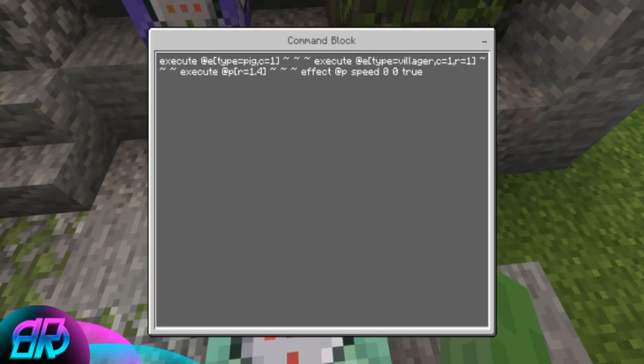Then the villager, if you want to name the villager quest or something like that, you can too, or farmer, whatever you want to do. But it's basically going to test for, is there a pig, is there a villager, and there's only one, and are they within 1 block of each other? If so, then it's going to execute. If there's a player at least 1.4 blocks, there's barriers, which I'll show you in a minute as well. So it's impossible unless you click,